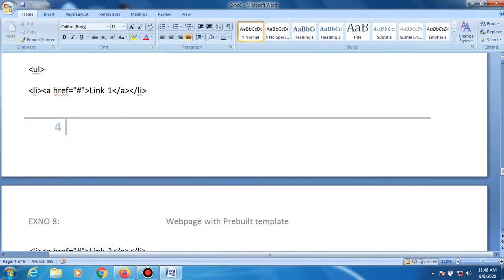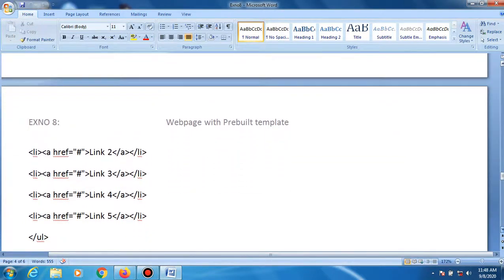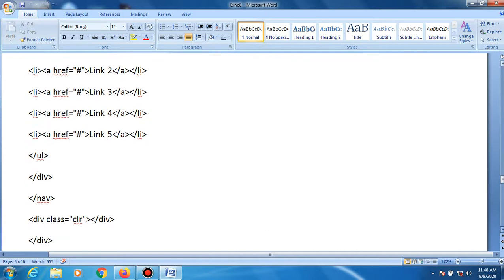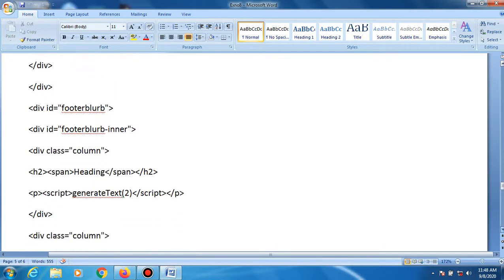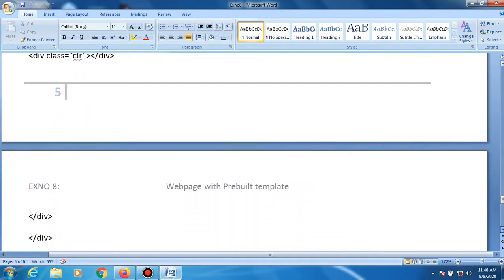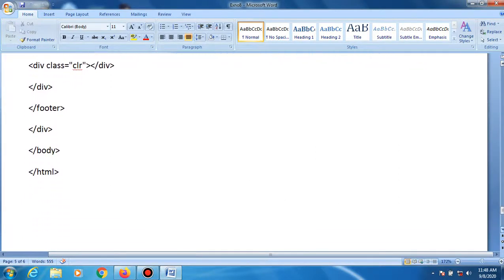Instead of these five links, link 1, link 2, link 3 up to link 5, the user can use a link program that will be called when the link is clicked. And headers and footers are also defined in this web page. And finally the program is closed with the HTML tags.